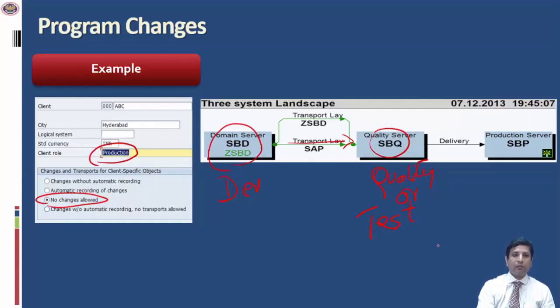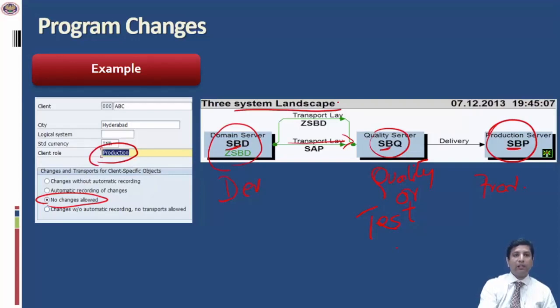And once testing is performed, this is the production. SBP stands for the production system. Now this specific nomenclature can vary from company to company, and it is for us to understand how the system landscape has been designed by the company and implemented through the ERP.